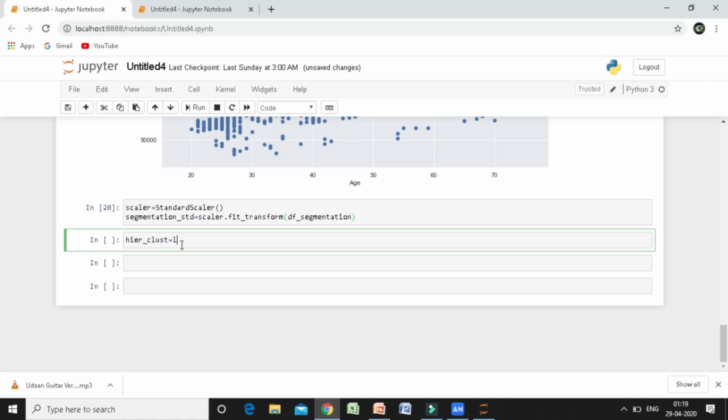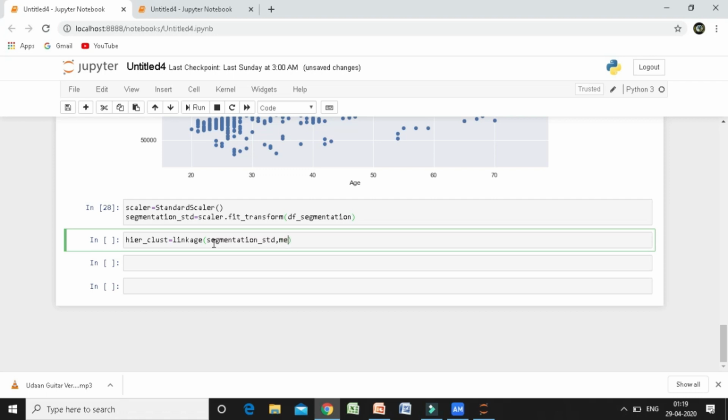Now I will call linkage. Within arguments I have to give my data, which is segmentation underscore std.